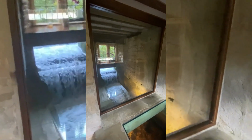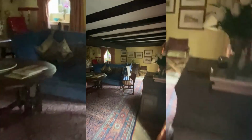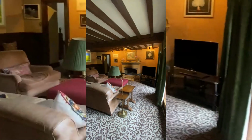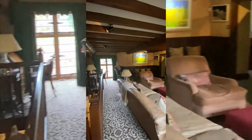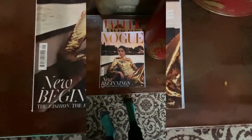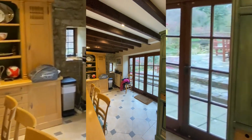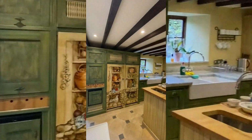This is the super cool mill race dating back to 1303 as you enter the house, which leads to a dining room and formal sitting room scattered with antiques, with exposed stone walls, flagged floors and a huge fireplace. On the first floor you'll find another sitting room in a comfortable, snug style, complete with posh magazines for you to peruse. There's a large kitchen diner with access to a boot room and the garden, and an exquisite, fully